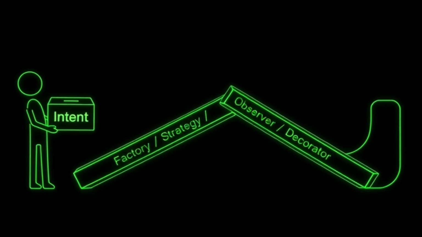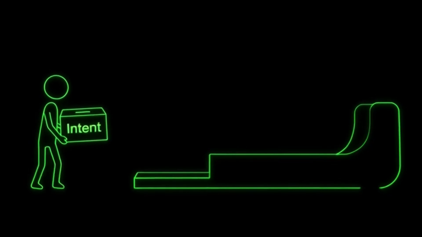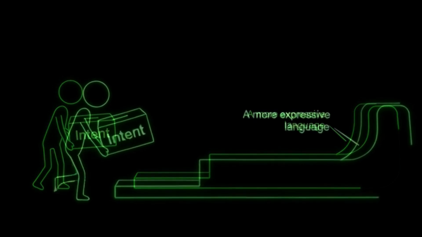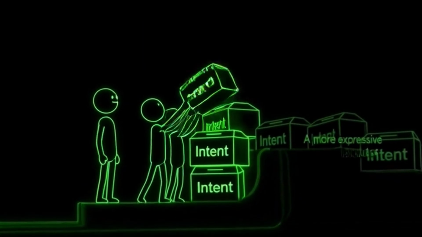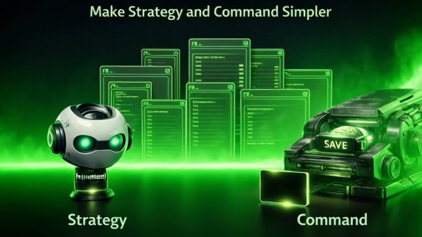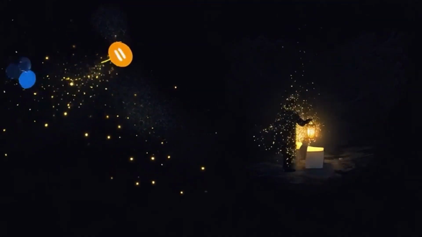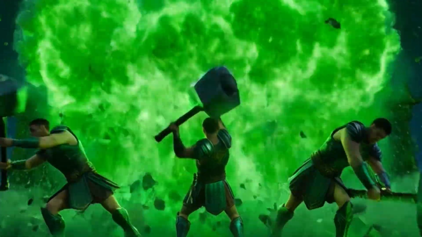That word is not an insult, it's a real diagnosis, because Norvig's point is horrifyingly mechanical. Many patterns exist because the language can't express the idea directly. So we build structure to simulate what we wish the language could say. And Norvig doesn't just claim it, he lists why. First-class functions make patterns like strategy and command simpler. Macros make some patterns completely evaporate. Multi-methods, modules, dynamic types collapse entire structures,